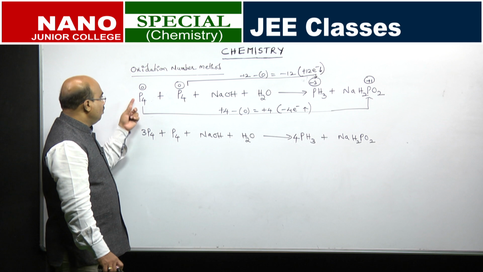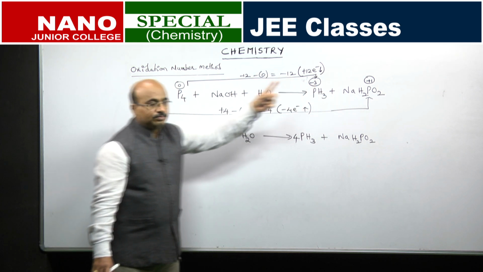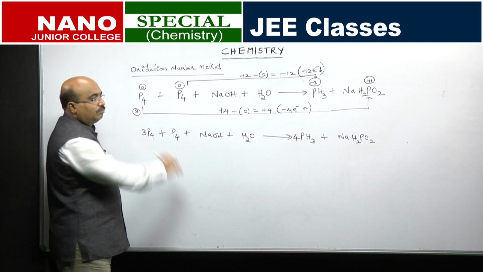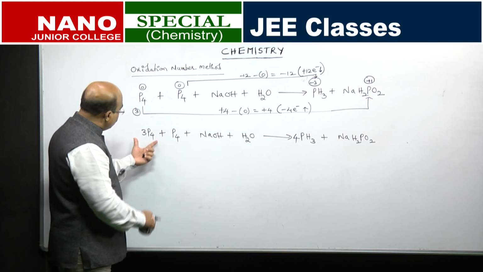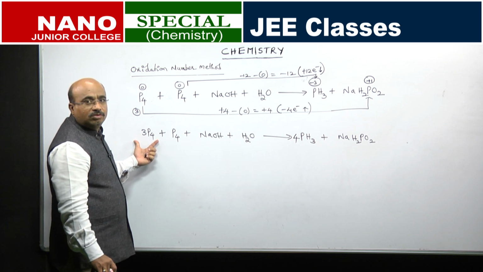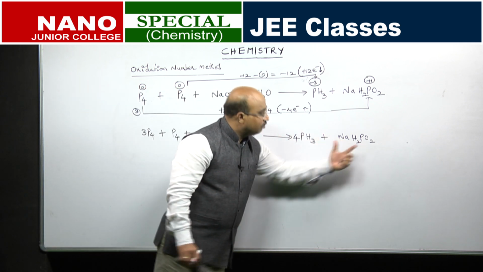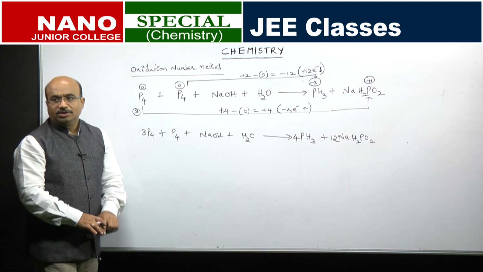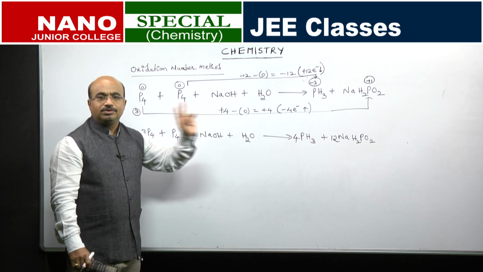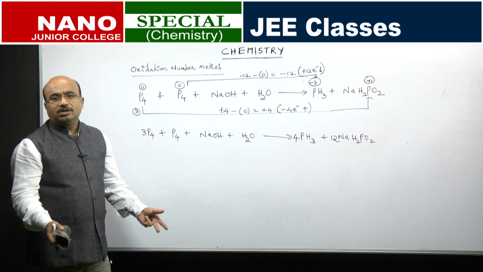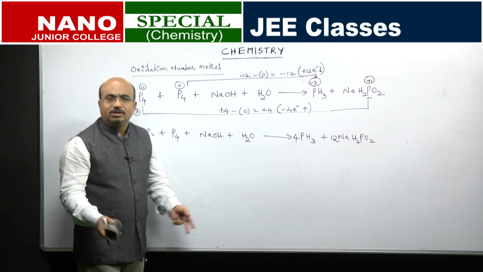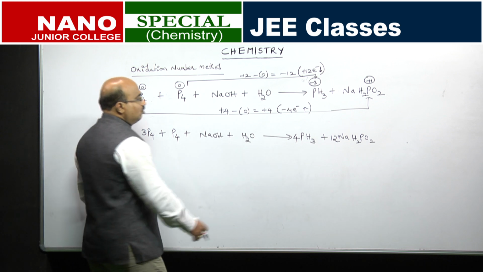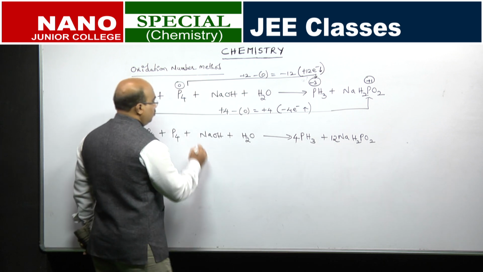But this phosphorus which is going from 0 to plus 1, here what we have shown, we have taken it 3 times. So, it becomes totally 12. So, all these 12 should exist here. So, that is 12. So, with reference to the phosphorus we have already given those coefficients. Now, coming to the atoms other than hydrogen and oxygen, what is there here? Only sodium. So, how many sodiums are here? 12. So, make it 12 again.